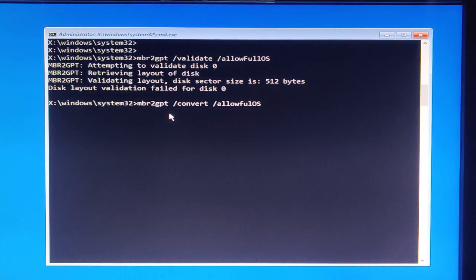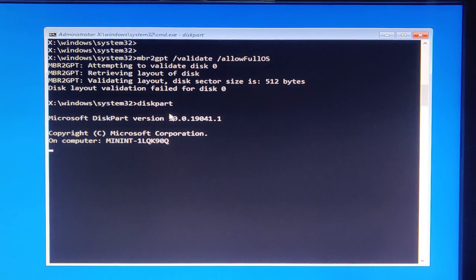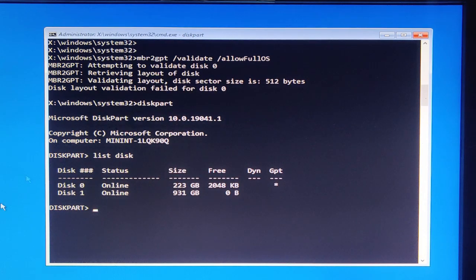In case you have a doubt which partition has your C drive, you can use the command diskpart, which will take you to an application in Windows System32 for disk management, and then you can list the disks using the command list disk. Based on the size you can confirm which is your C drive and which are your other drives if you have more than one drive. If you have only one drive, then you have to go with 0.